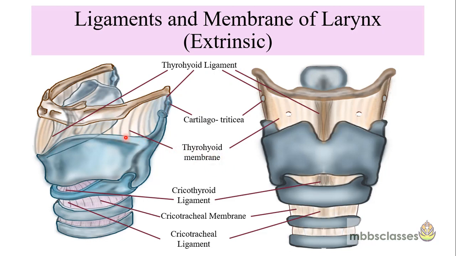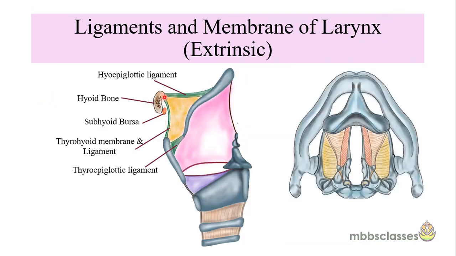We can see from this image that the thyroid membrane extends from the upper border of the thyroid cartilage to the upper border of the hyoid bone. It ascends behind the concave surface of the hyoid bone and attaches to the posterior superior aspect of the hyoid bone. So it forms a gap between the hyoid bone